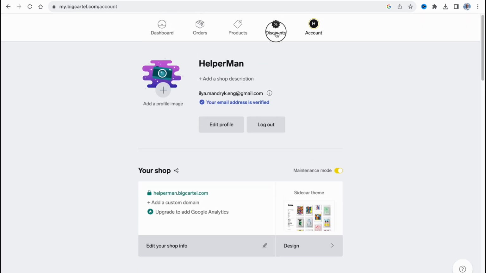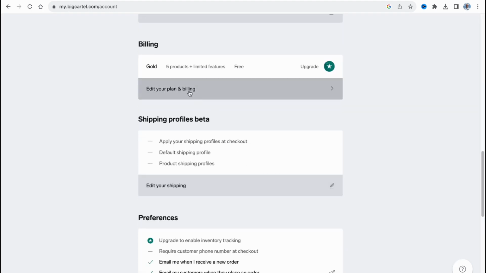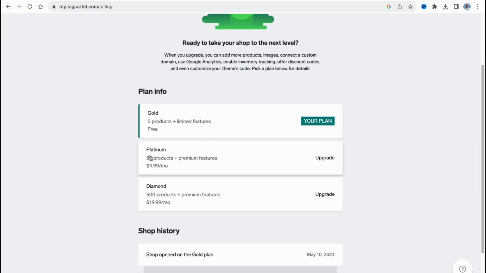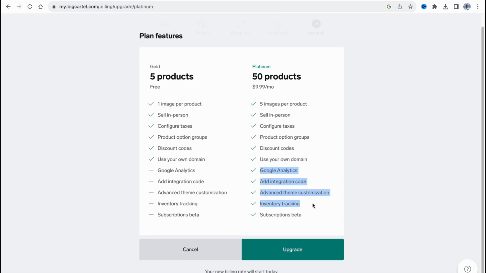And if we try to discover the paid plans, we can see that prices are not that high. So basically we can upgrade to Platinum, like $10 per month, and we'll have more additional features and we'll be able to use all of them. And I think if you are starting, it's enough to use the Gold plan, but to continue working with Big Cartel, it's better to